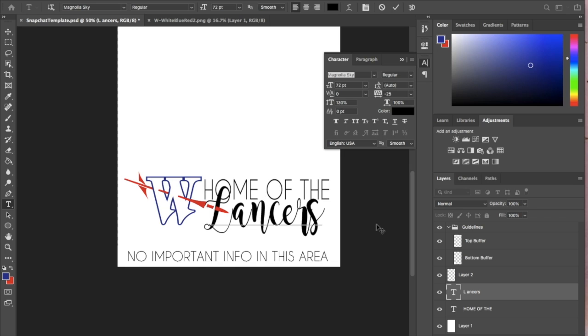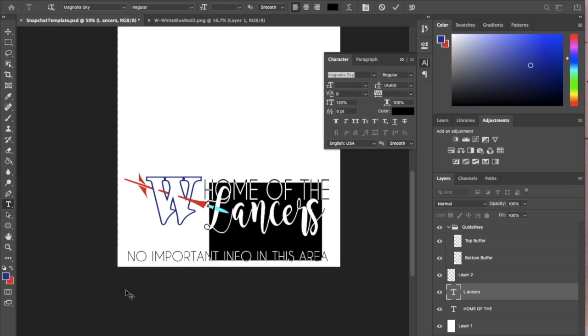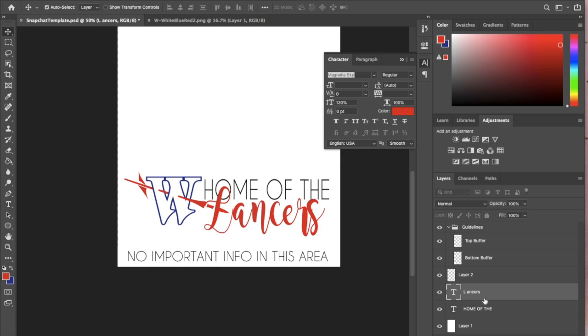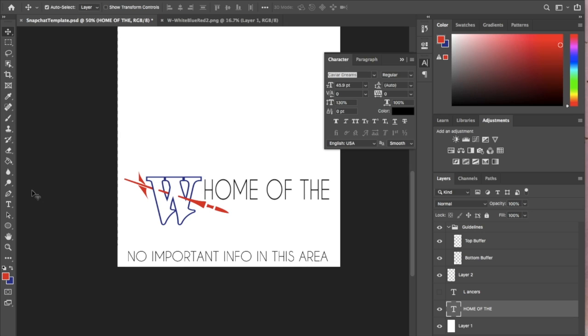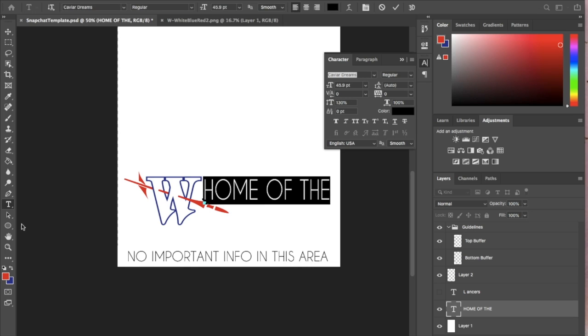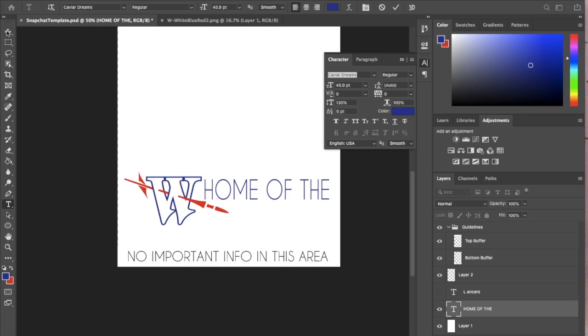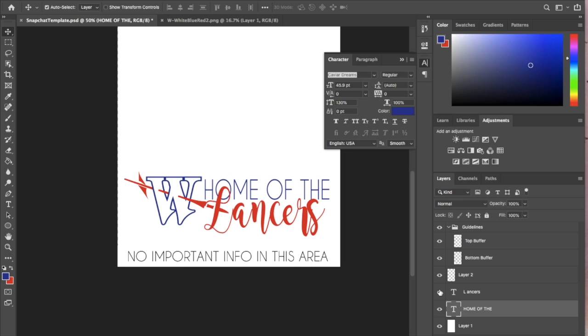fixing this because it went back. I had the wrong layer selected, because what happened there is I tried to do home of the, but when I clicked, it selected the Lancers because it was so big. So if that ever happens to you, I'm just going to uncheck the eye there so that it goes away. Now I make sure I have the right layer selected, and then I go back. All right, so that automatically looks a little better. Now I can play with